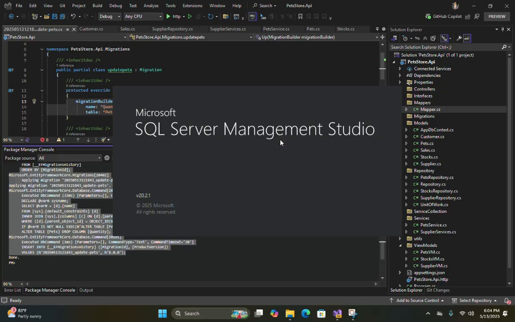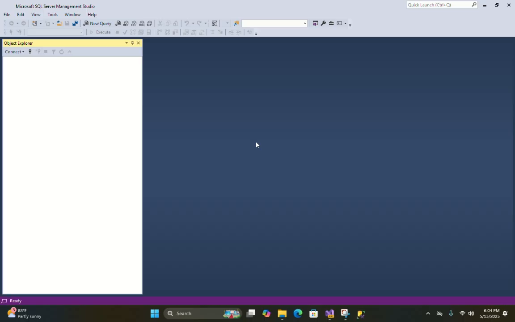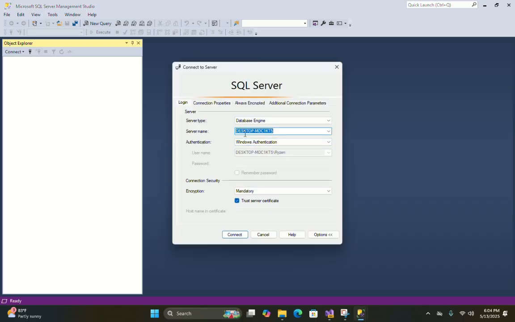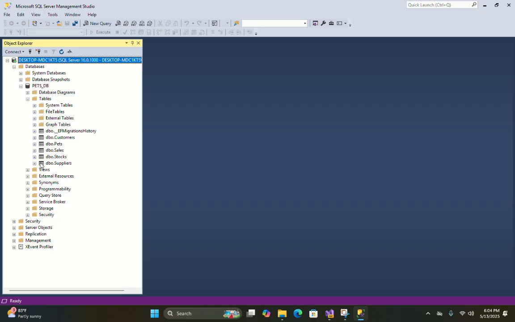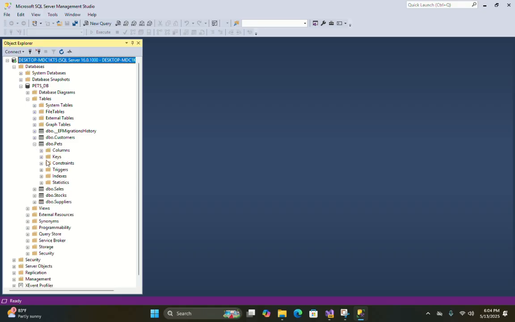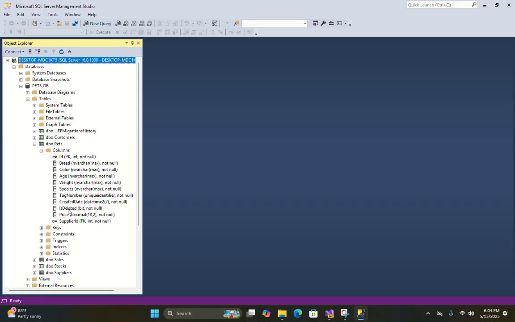Now you have learned how to update the model. So this way we can update our model. Let's check the pets table. Here we don't see any quantity now.